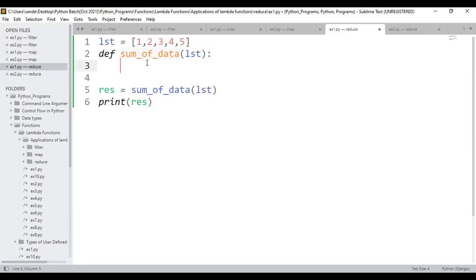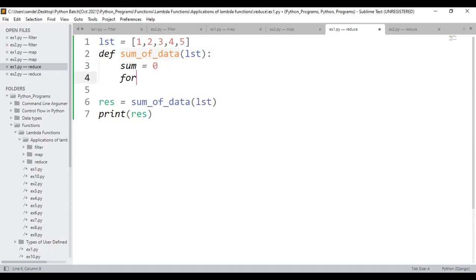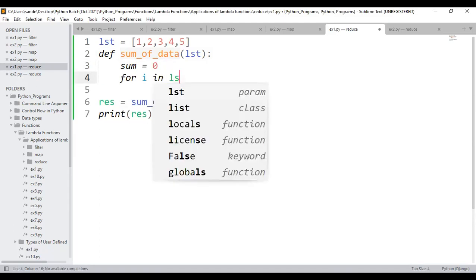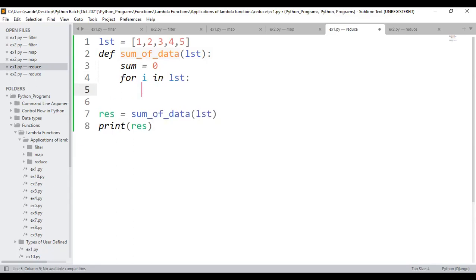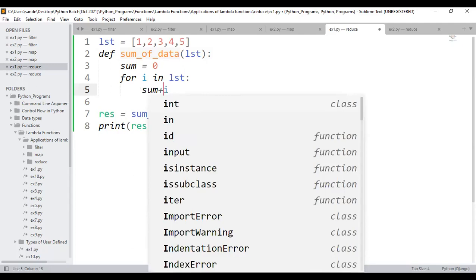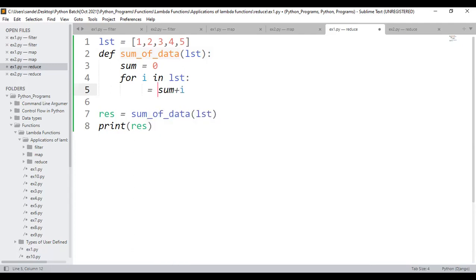I'll consider a variable called sum. Initially, sum is 0. Next, I'll iterate over the list: for i in lst. Please tell me, initially what will be the value of sum? 0. Sum plus i. What is the value of i? 1. I will store it within sum itself.